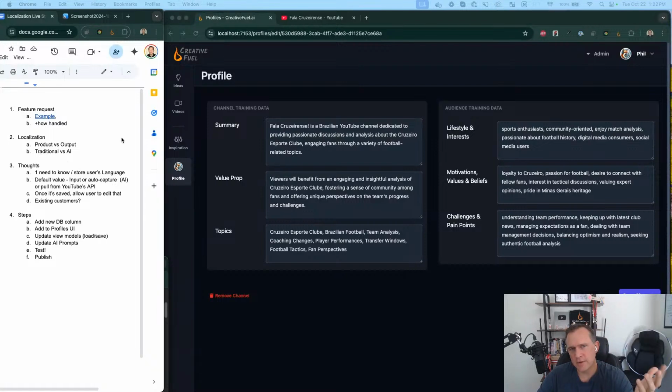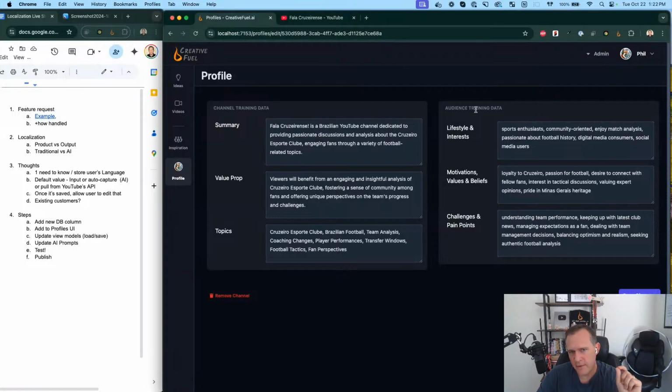When it comes to localization or dealing with multiple languages in your product, I feel like there are two things you have to handle, especially in the AI realm. One is your product itself: the different labels on screen, being able to let the user select different languages so that they can understand your product better.